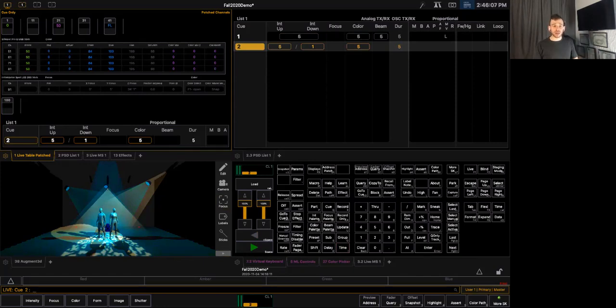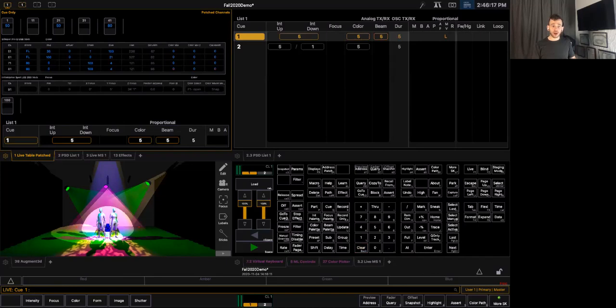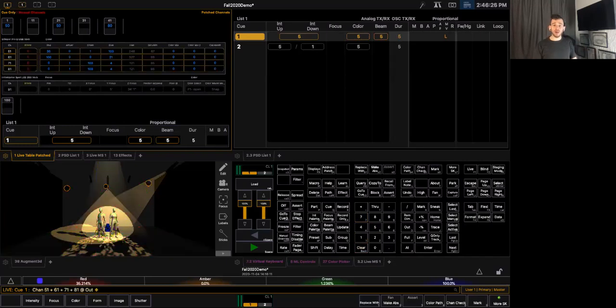If I wanted to change something, say I wanted to take all the LEDs out in between Q1 and 2, right? So I'll do 51. So I'm going to go back to Q1 because I want to know what it's going to look like first. Then I'm going to take all the LEDs out. So 51 plus 61 plus 71 plus 81. I'm going to turn those out. Okay. Then I'm going to do record